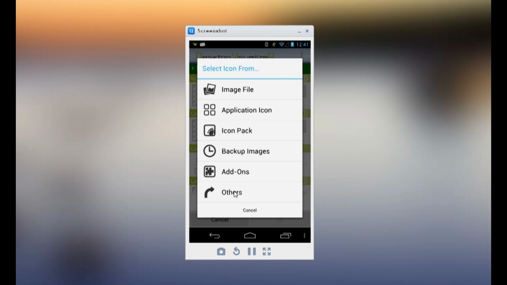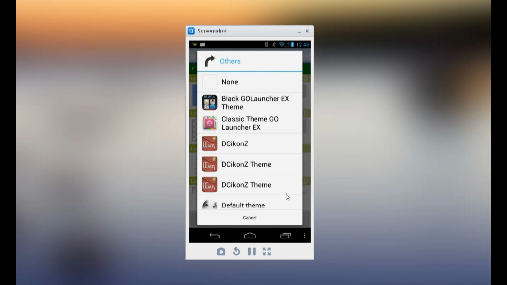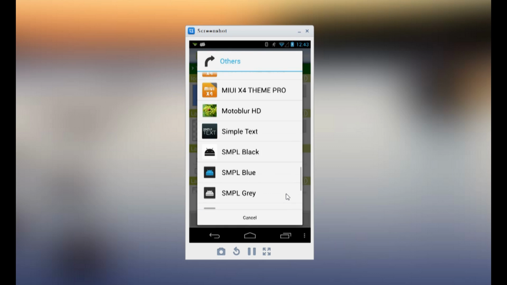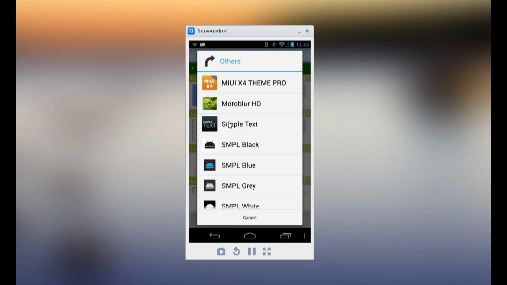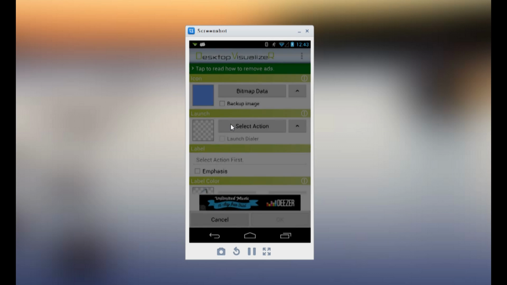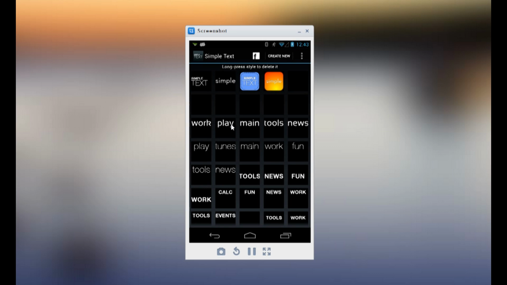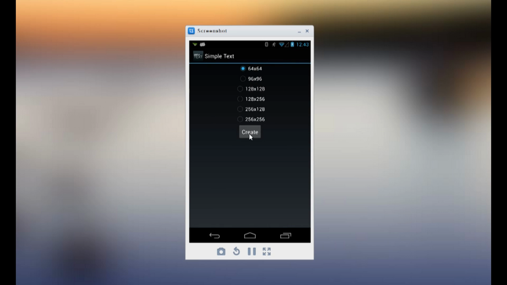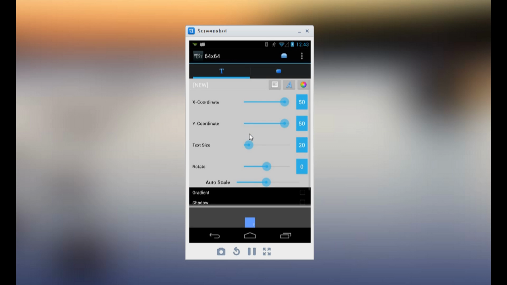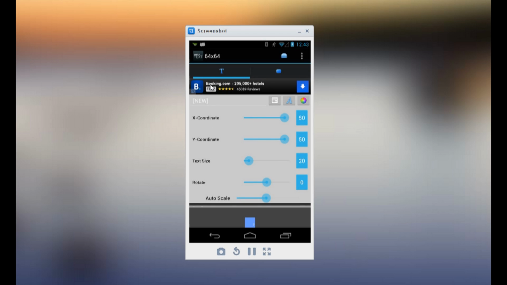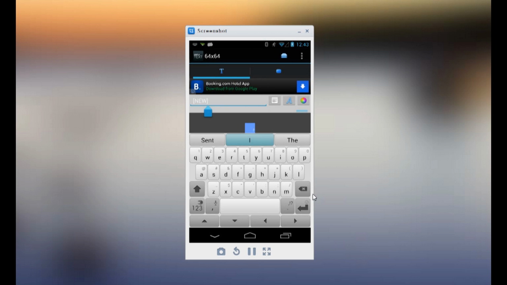Okay, so just click on Others. Scroll down until you see Simple Text. It's right here. I have a lot saved in here already, but we're going to create a new one. So you just tap on Create New, click on Create, and you see where it says New right here. You just tap beside that on the right, and then hit the back arrow to delete